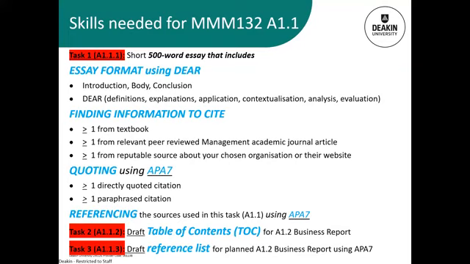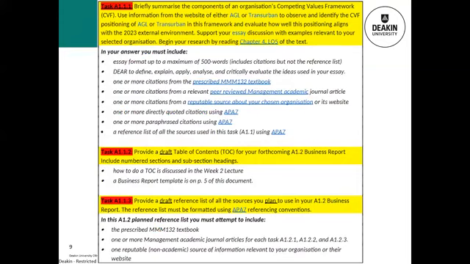All right, so that's a bit of an overview of the skills needed in assignment 1.1. Let's now have a look at the instructions so that you can see what we mean in a little bit more detail. Remember, the instructions and other resources can be found on Cloud Deakin in the assessments tile. Looking at task 1, here we'll focus on the content side of things.